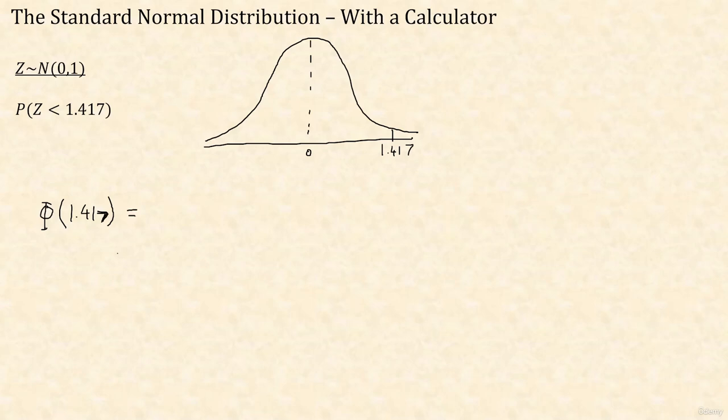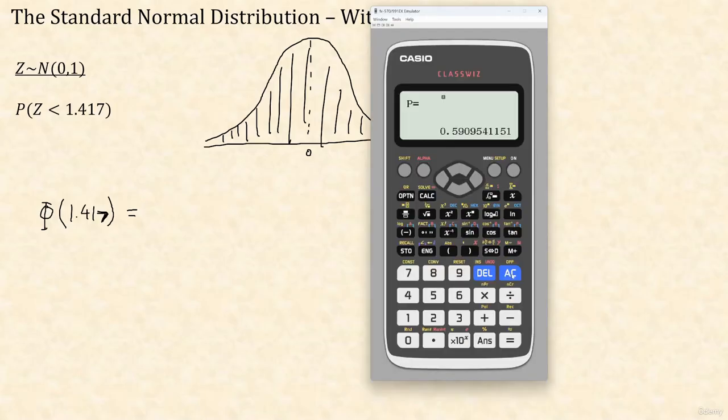With the calculator, we don't need to do any of that. We're looking for this region, so that's the area between minus infinity and 1.417. Hop over to the calculator. It's minus infinity up to 1.417. Standard deviation is 1, mean is 0, and there's our answer,